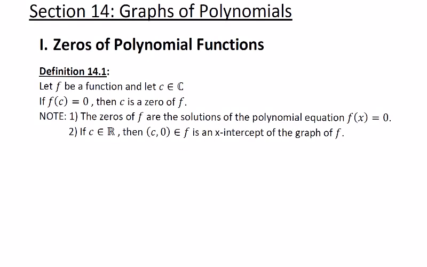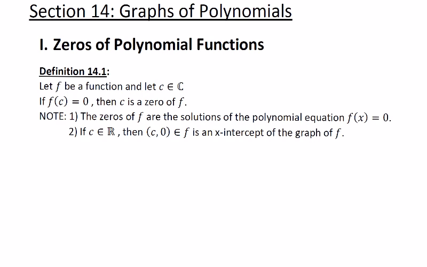In section 14, we're going to be continuing our study of polynomials by looking more at graphs of polynomials. Now we'll get to graphs of polynomials toward the end of the section, but there are several little things that we need to be able to accomplish in order to get the graph of a polynomial completed with any level of accuracy. So the kind of things that we're going to need to be able to find from the function